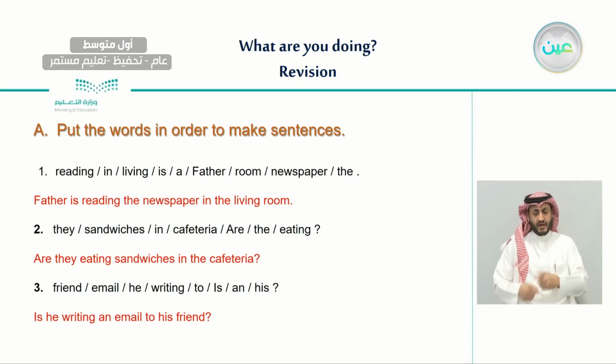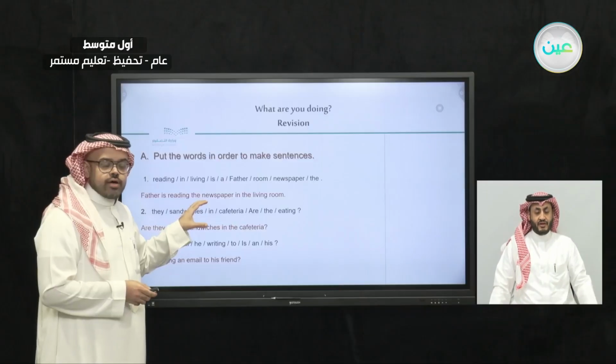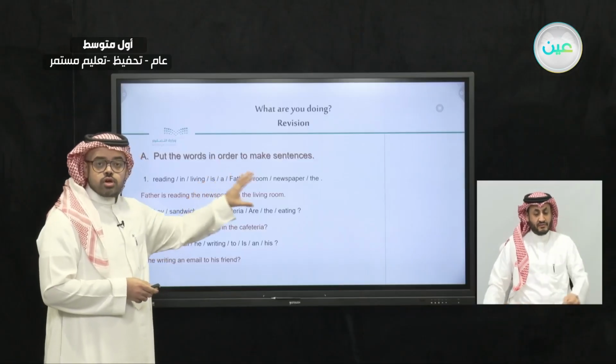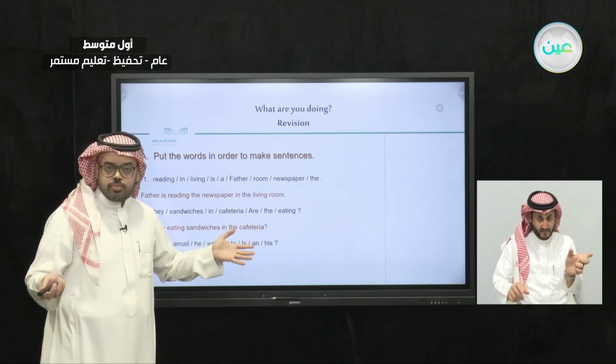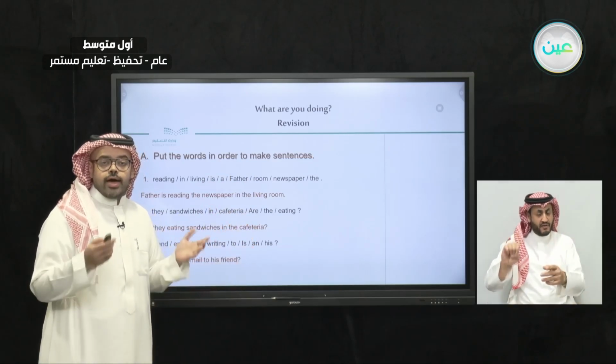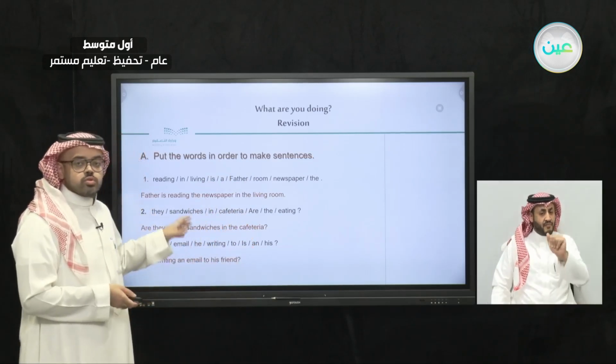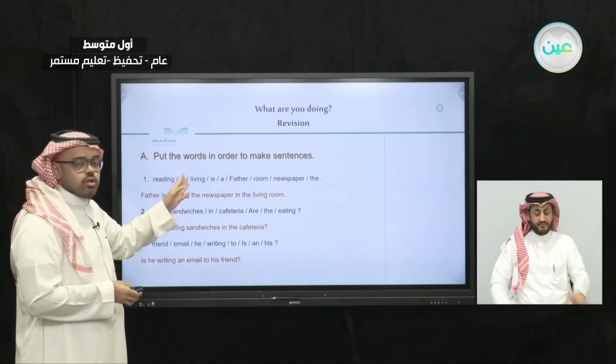Last lesson, we had very interesting exercises, where we had exercise A on page 70, with scrambled words that we needed to unscramble. And we learned what we should start with if we have sentences like this. If it's a question, we start with a verb to be or a double-edged question. And if it's not a question, we start with a subject. For example, number 1.